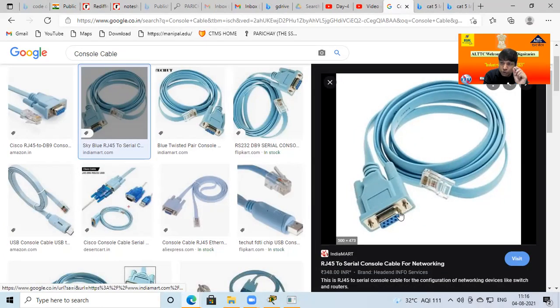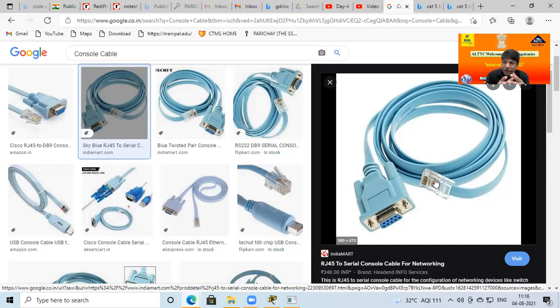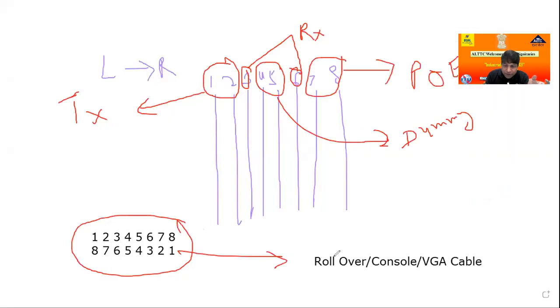So due to the connector, this has 3 different names. If both sides have the RJ45 connector, then it is known as the rollover. For console, one side is RJ45 and the other is VGA, with male and female type connectors. But whatever the connector type, all rollover and console cables are not used for communication; they are for display purposes.